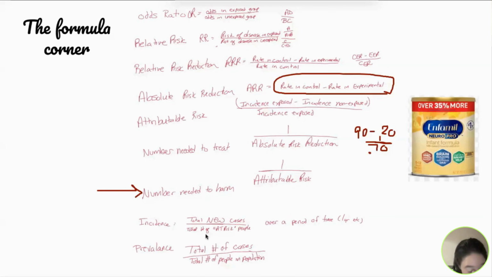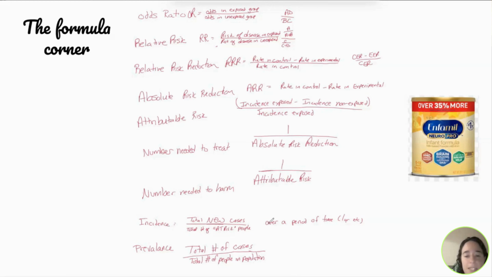Here incidence is the new cases over a period of time divided by the people at risk, whereas prevalence is just the total number of cases of people who have it. So incidence and prevalence, something else to be aware of with that. With incidence, it basically matters how many new cases come up, so it doesn't really matter how long you have the disease for. With prevalence, it actually does matter how long you have the disease for, because